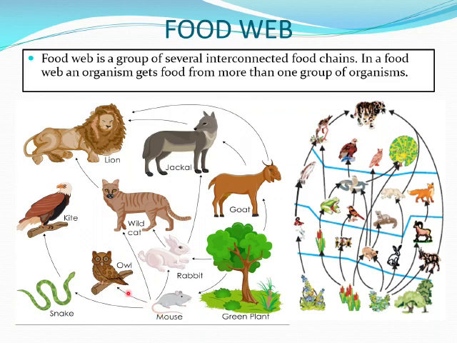This is only a two-level food chain. This is mouse, wildcat, lion, a three-level food chain. Here plant is eaten by rabbit, rabbit is eaten by wildcat, or rabbit can also be eaten by jackal, and this jackal is eaten by the lion. Plants are eaten by goat, goat can be eaten by jackal, and goat can directly be eaten by the lion. Means all these food chains are interconnected to each other. Hence this kind of interconnection among food chains is called a food web.